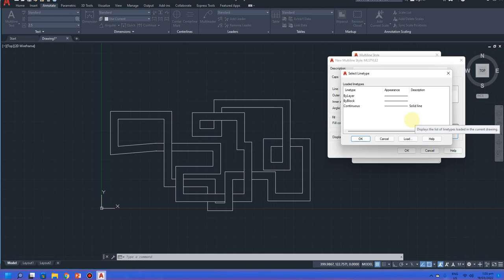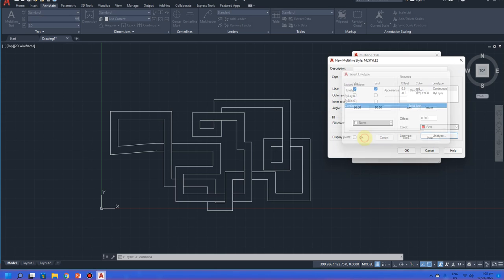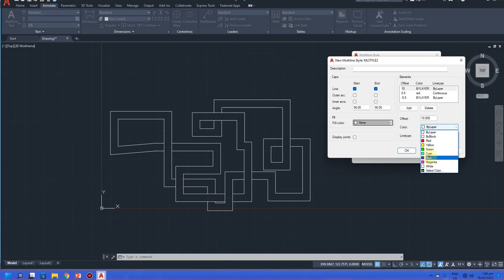Line type is continuous. Okay, add, and then offset by 10. Color is blue. Add, and then another one offset by 15. Color is green, and okay,